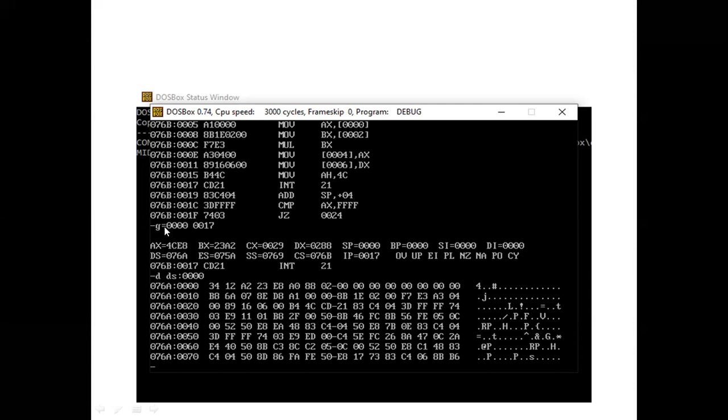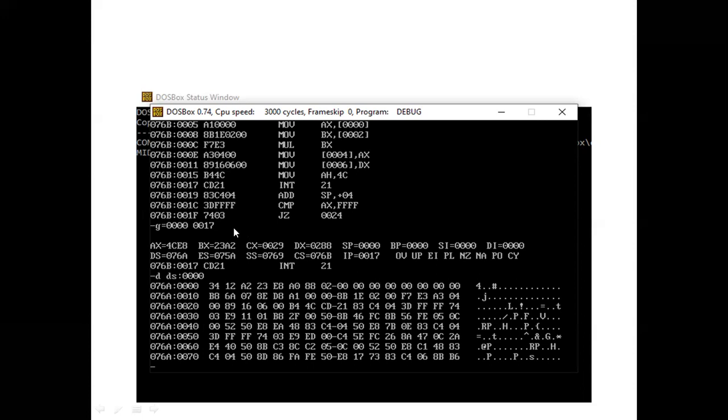We have to give the starting address of this particular program, which is the offset, and the end address. So we give 00, and the end is the end of the program where INT 21H is written, holding the address 0017, and this 0017 is the offset.